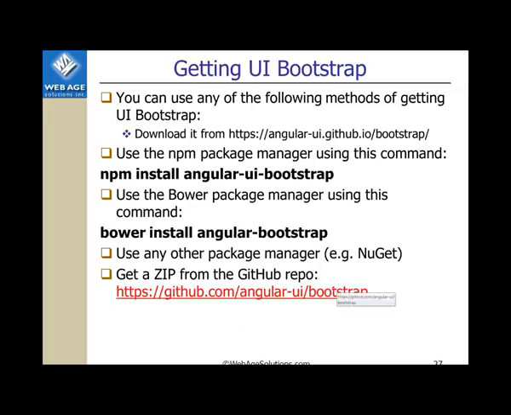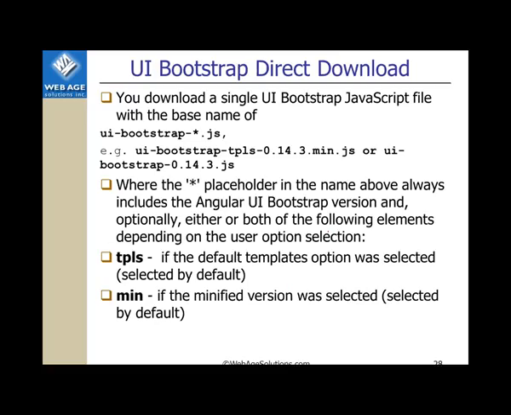You can easily get UI Bootstrap by using any of those venues. You can download it directly, or you can use Node Package Manager or Bower to install it from repositories. In this case, you will get everything set up and ready to use right away. For direct download, you've got an option to download a bunch of files, and in order to understand what they are,